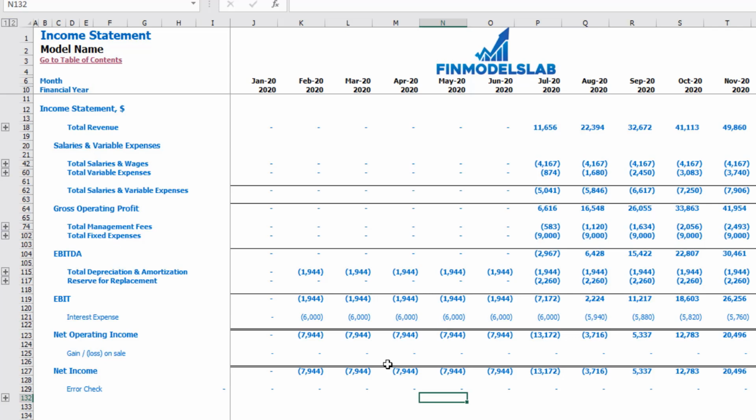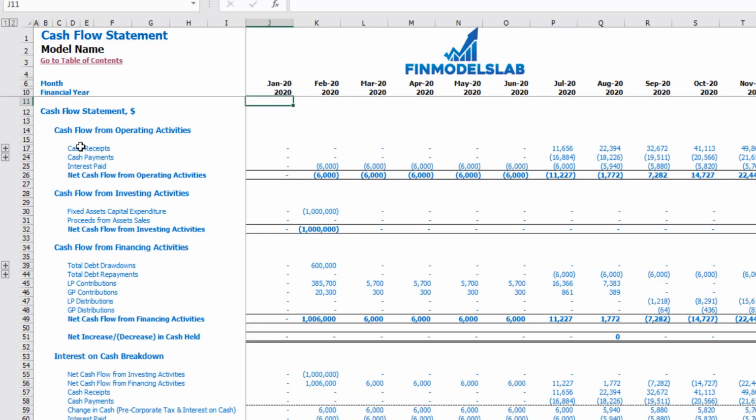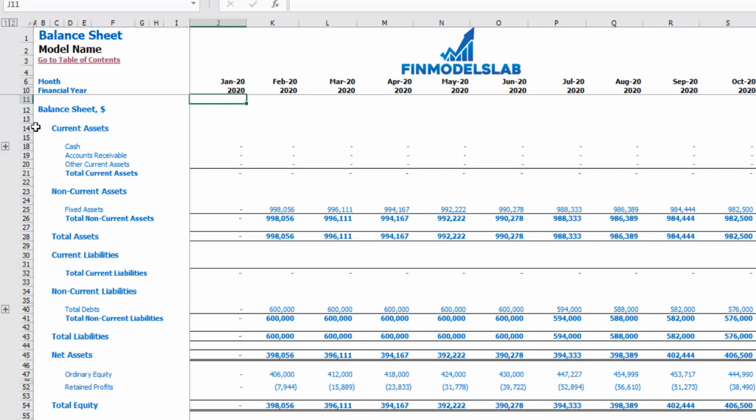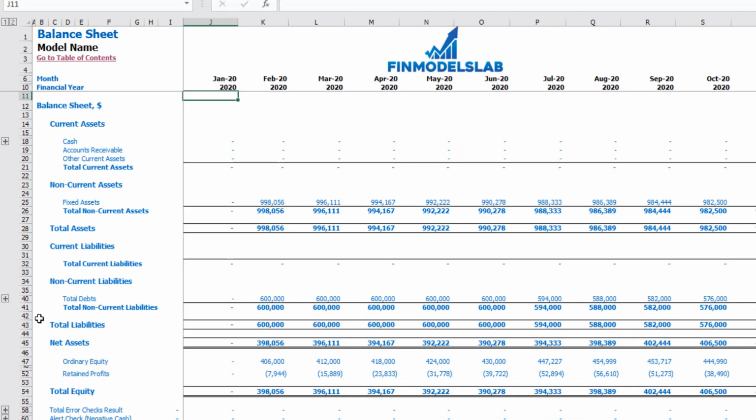as well. On the cash flow, you may see your cash flow from operating activities, from investing activities, from financing activities. In the cash flow indirect method, you may see the same information in more collapsed form, which is easier to review. And on the balance sheet, you may see your current assets, non-current assets, current liabilities, non-current liabilities, and